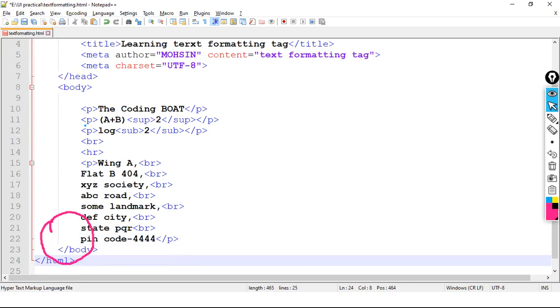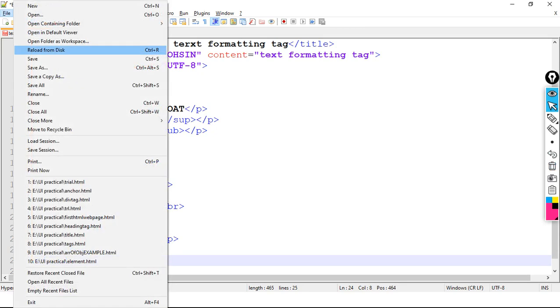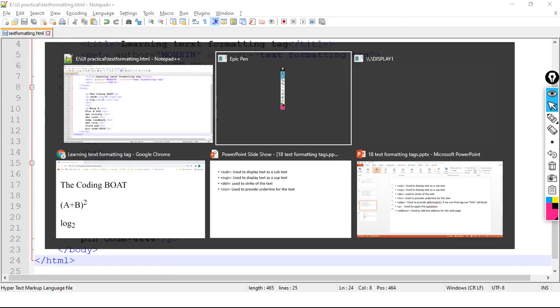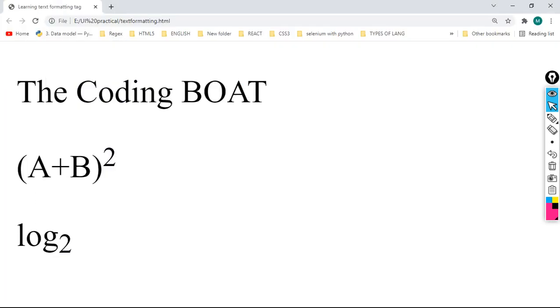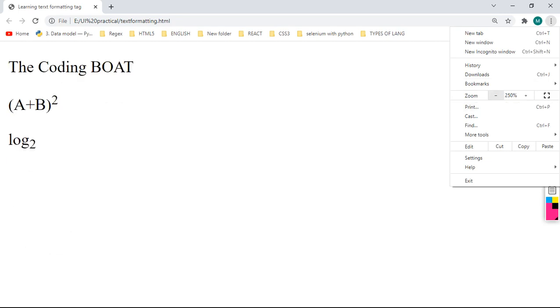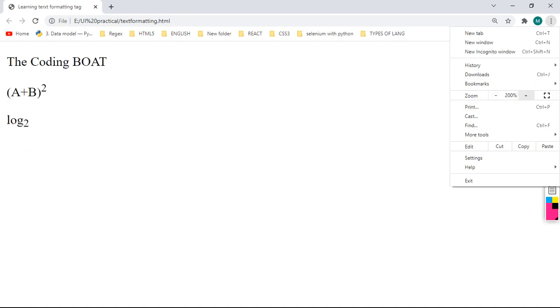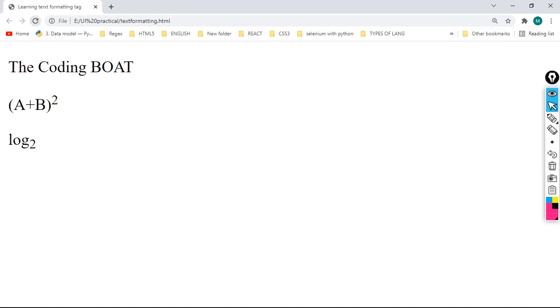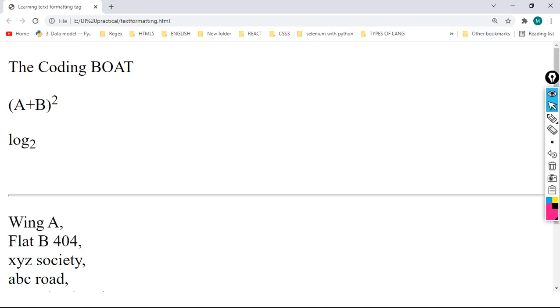Okay, let's see how it will look. Save the code and let's reduce the size of the page. Now refresh. See here, let me make use of the pencil.